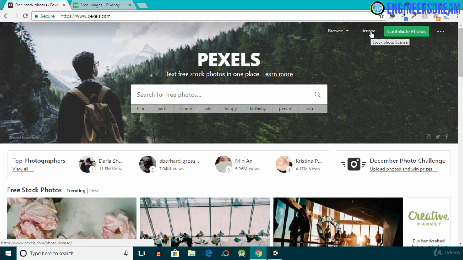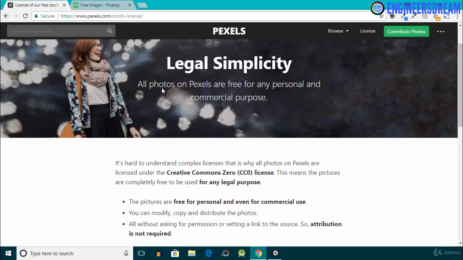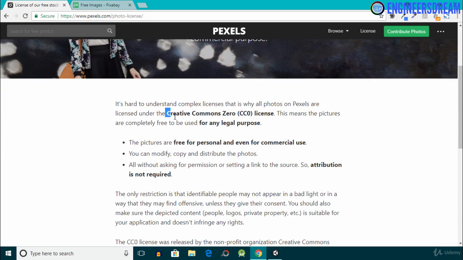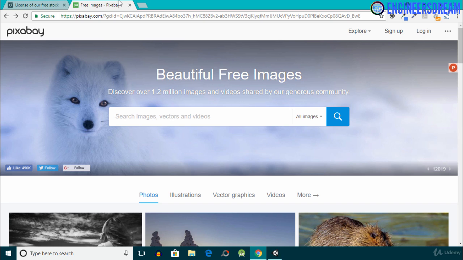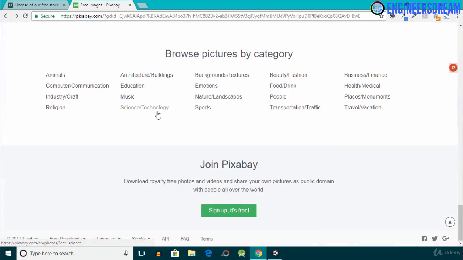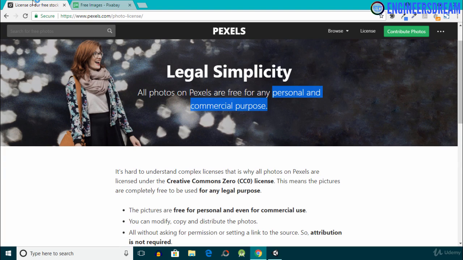So if I click on the license option, you can see over here that the images are under Creative Commons 0 or CC0, which basically means that we can use them for personal as well as commercial use. Similarly, if I go on pixabay.com and if I scroll down, then you can read over here that the images on pixabay.com are also under Creative Commons 0. So next I'll go on pixels.com.